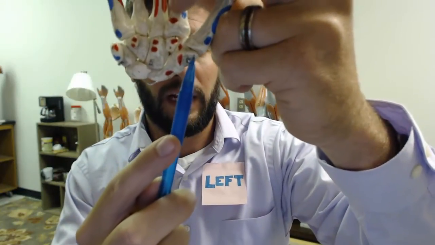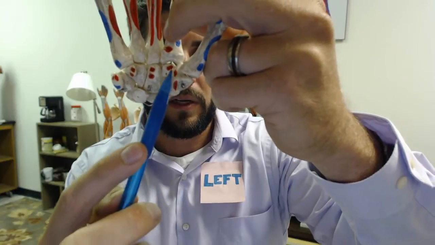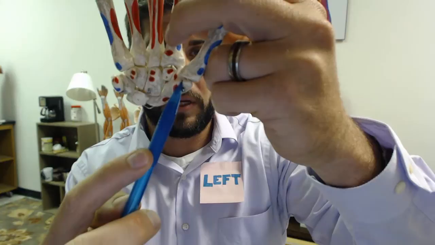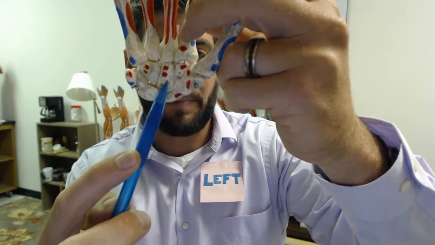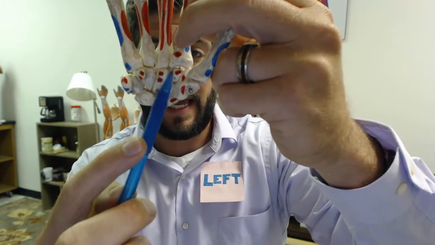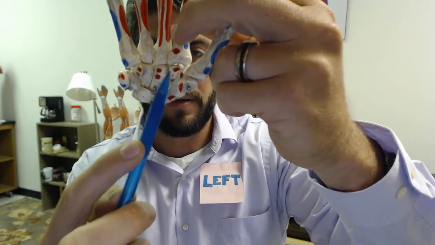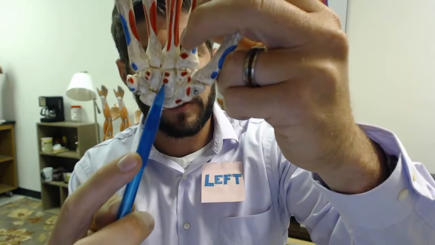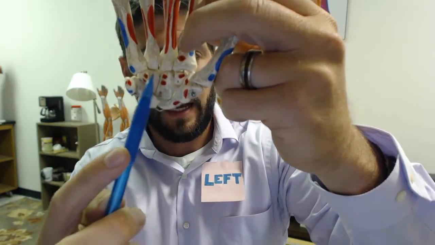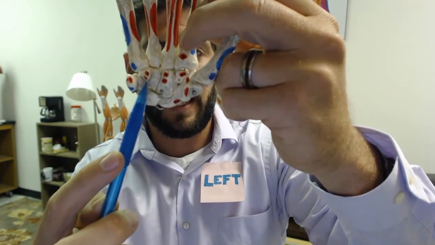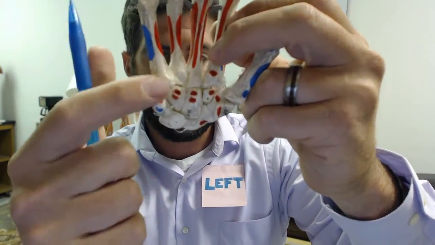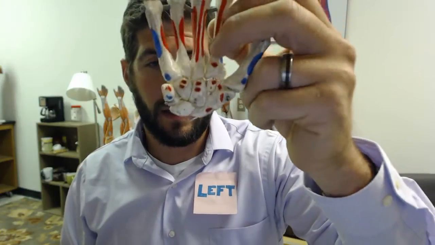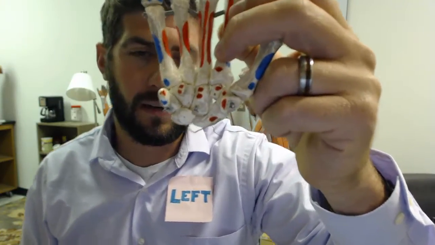And we go back over here. Trapezium, trapezoid, because E comes before O, so trapezium versus trapezoid. Capitate. Capita is the capital, so it's the middle, it's the top, it's the big boy. It's where all the marbles are, right here in the middle. Capitate, and then the last one is hamate. And hamate has a little structure that sits on it, kind of right there. It's called the hamulus of hamate, or the hammer of hamate, and it kind of looks like a little hammer